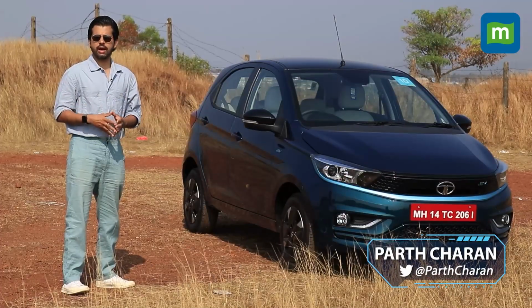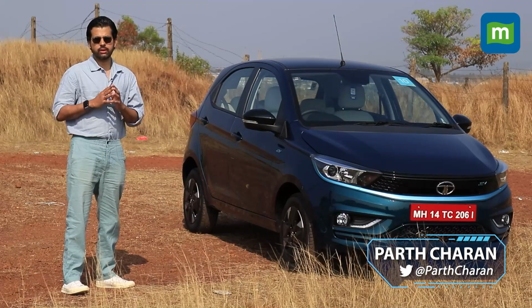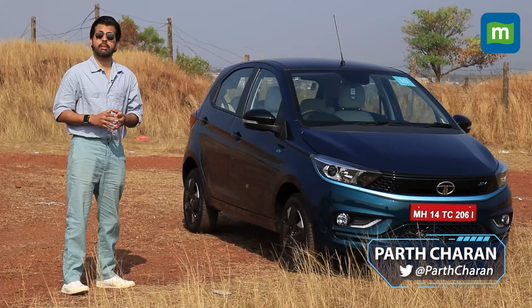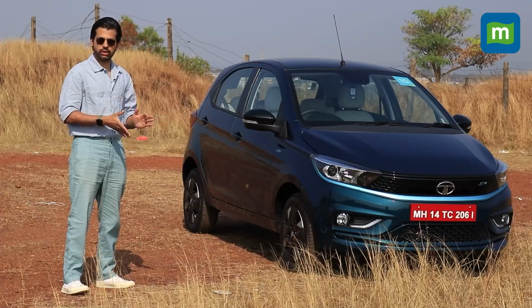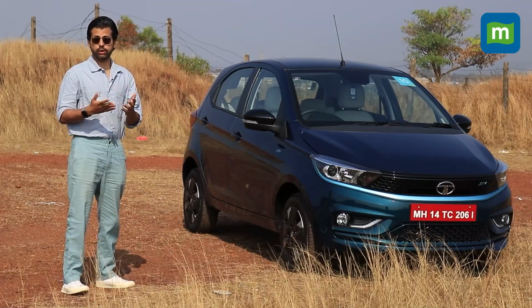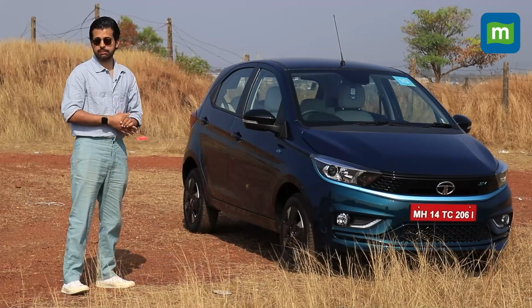Electric vehicles in India are getting more popular by the month. However, when it comes to cars, they only occupy 1% of the overall market share. And the car next to me is what is expected to change all of that. The country's most affordable electric vehicle and the only EV to exist in the hatchback space at the moment,